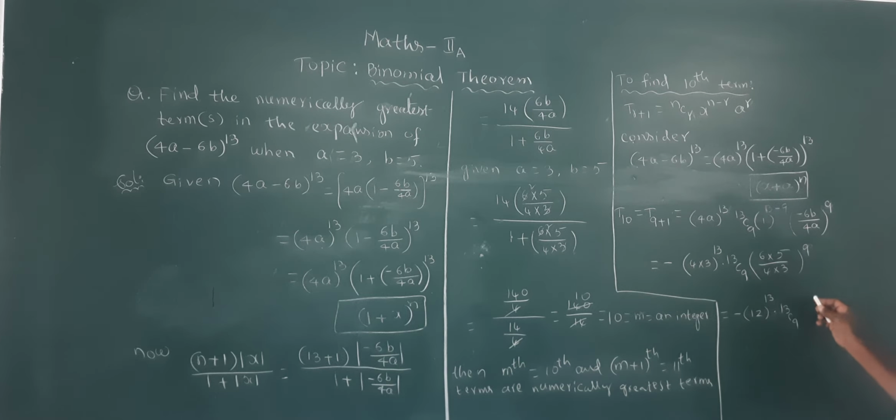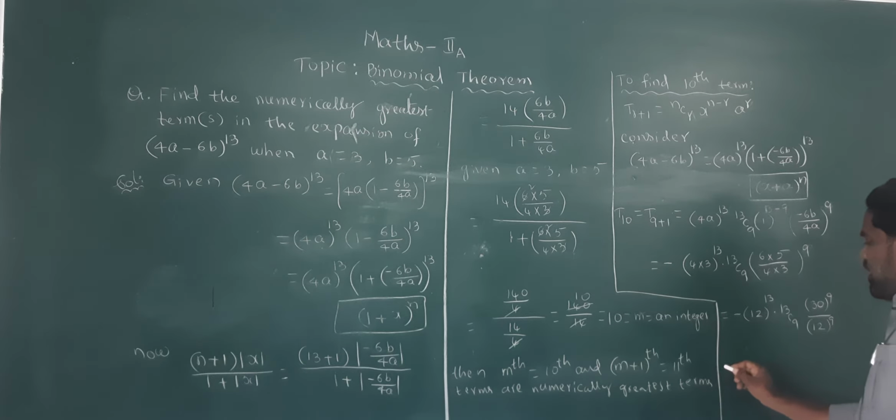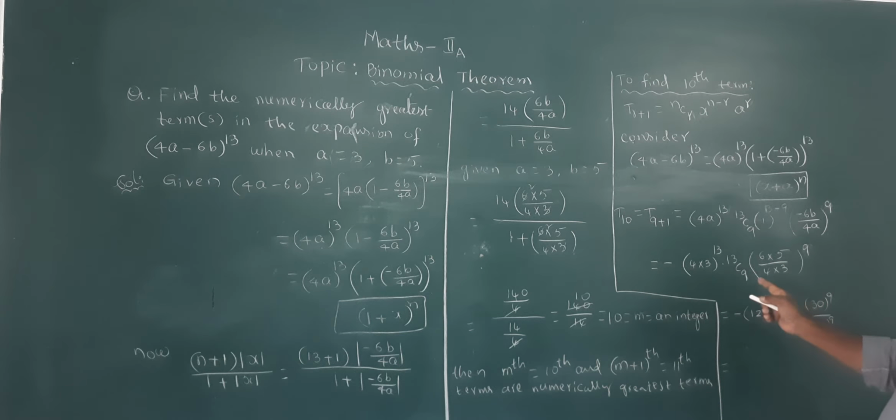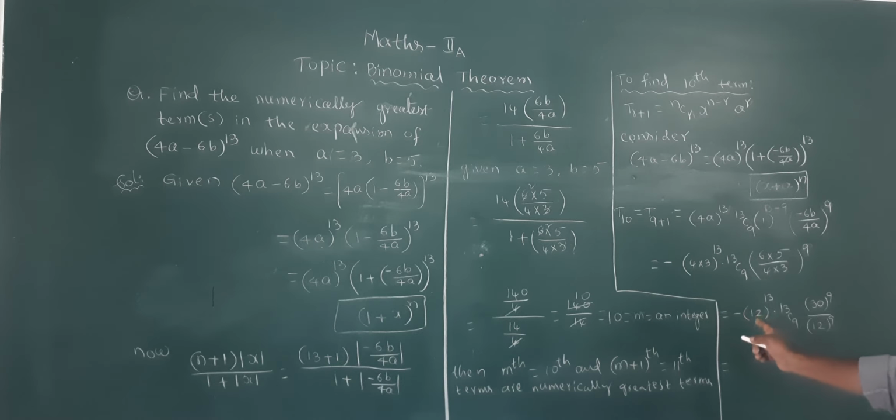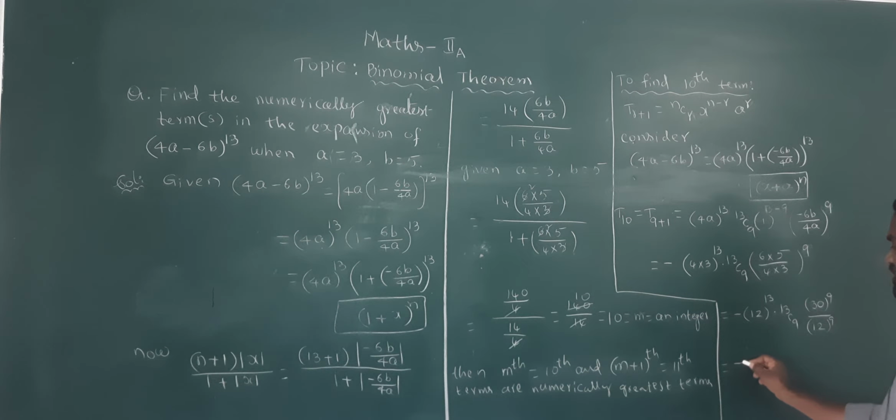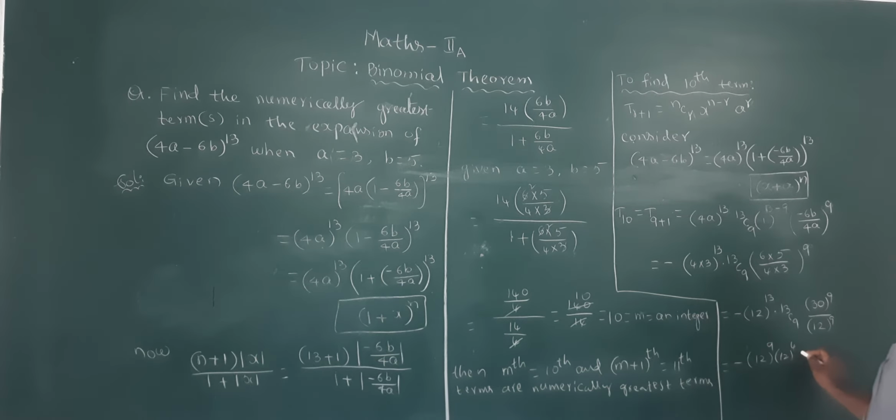This can be written as 6 5 is 30, 30 power 9. 4 3 is 12, 12 power 9. Understand? It can be taken like this. Okay, this can be written as minus 12 power 13, which is 12 power 9 times 12 power 4, into